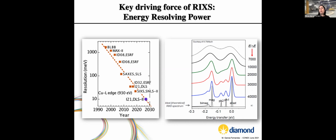So we are trying to work on a project to upgrade our beamline when Diamond is upgraded to Diamond-II in the next years. Hopefully we will be able to increase our resolution even further to achieve better information, so we are not just getting stuck where we are. We always want to improve the beamline and give the best infrastructure that we can